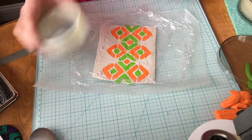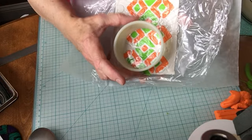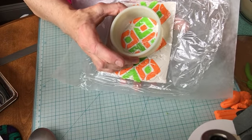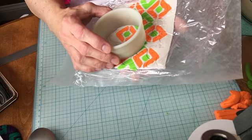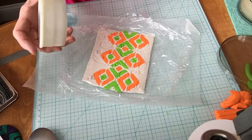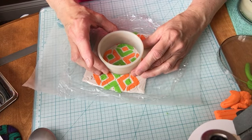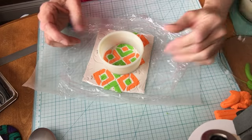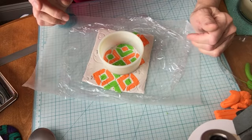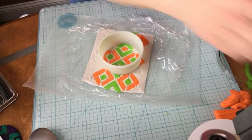All right, I'm going to see where do I want this? Do I want it to show there, or there, or even off to the side there, and leave room to cut another smaller one? I think what I'm going to do today is go right in the middle. Yes, I think I'm going to go there and try to center it. That's the other thing, trying to center it, just to kind of be a little careful and look here and there. And then I'm going to just stand up and push down on it